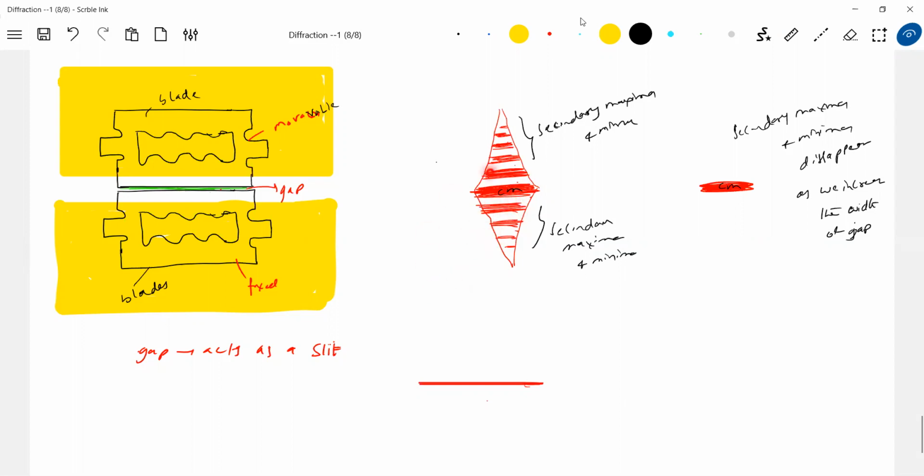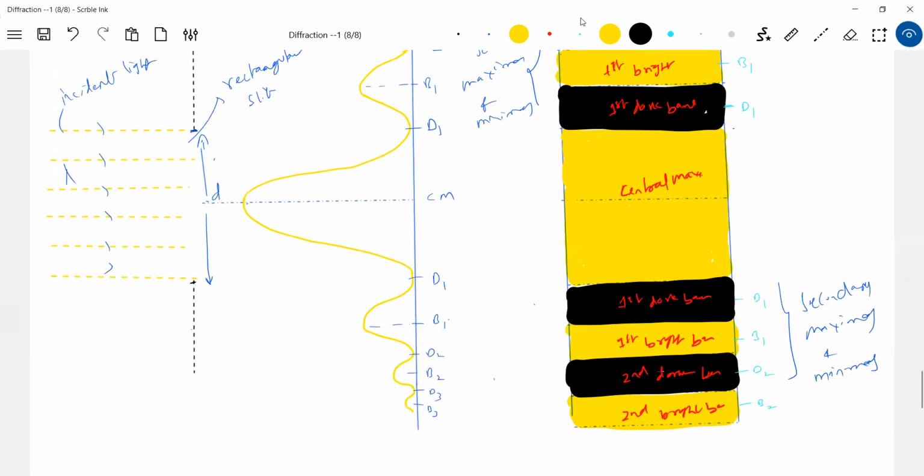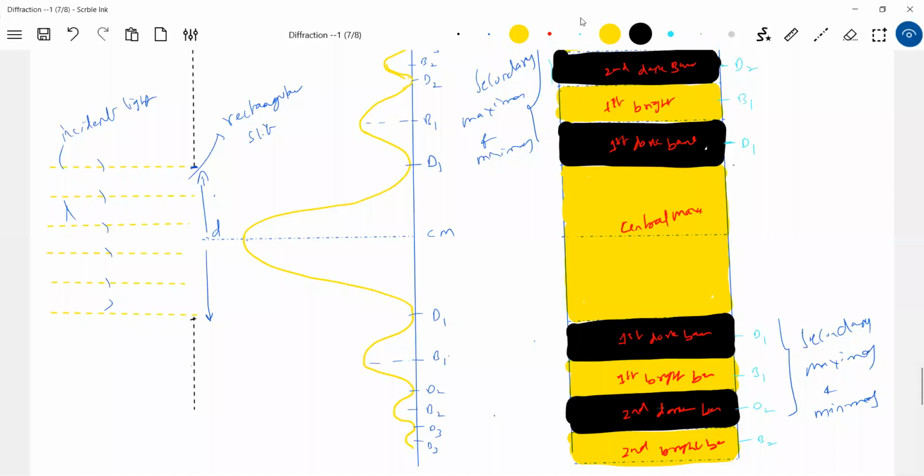So what shall I do? I'll go for diffraction. That is the main core idea. The pattern is there, and now we are to bring suitable mathematics to explain it. In interference, we started with mathematics and came to the pattern. But here we have the pattern in hand, we see it practically, and then I'll bring the suitable mathematics to explain it.